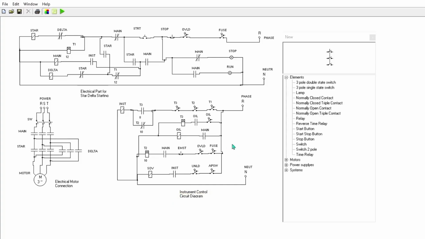For the oil pressure switch, when the oil pump starts, pressure will be created, and then the oil pressure switch will be activated and this contact will close. So depending on this contact, this circuit will close and this instrument relay will be energized. And if this instrument relay is not energized, then this electrical circuit will not start. Now we'll see. We run